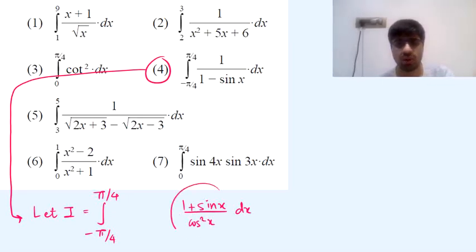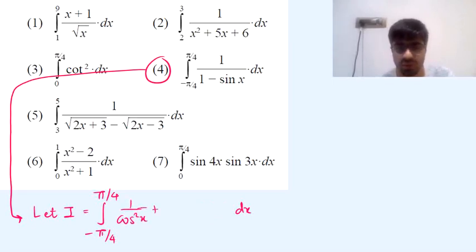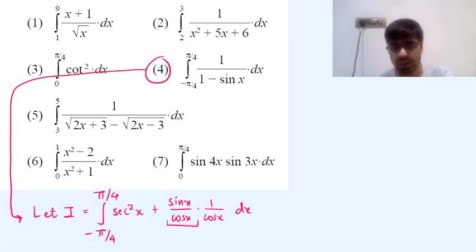Okay. So 1 plus sin x upon cos square x, you can split the two terms and write them in this manner. 1 upon cos square x plus the second term, we can write that as sin x upon cos x into 1 upon cos x. We are doing this because 1 upon cos square x becomes sec square x, and the integration for it is very clear. It will be tan x, and this is tan x into sec x. The integration for tan x into sec x is sec x. So we have the second term as tan x into sec x.